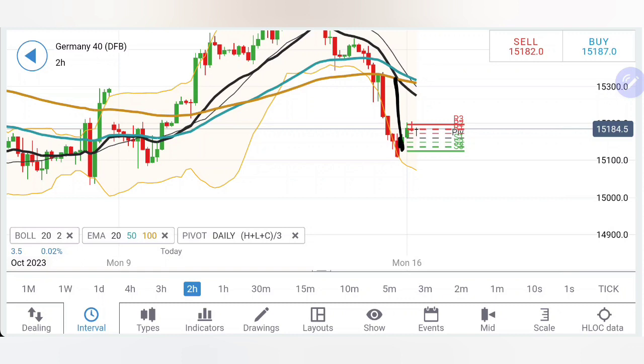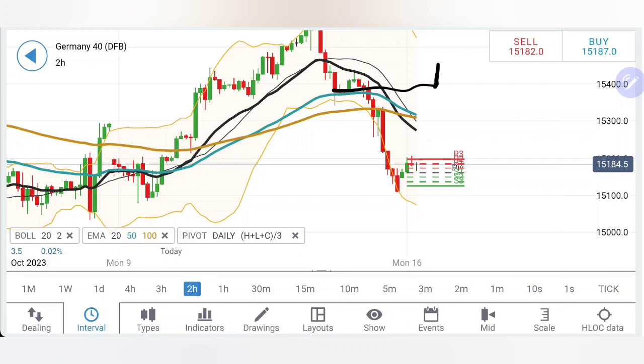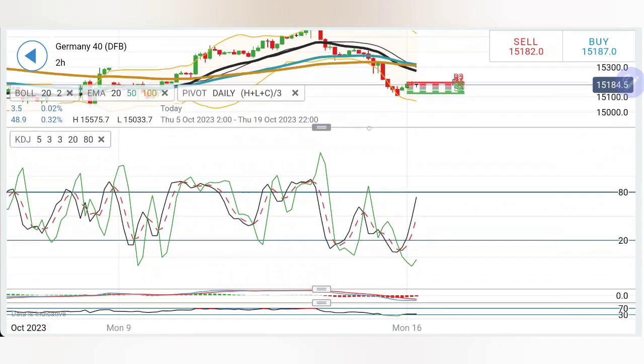Coming to the 2-hour, similar observation on the 2-hour charts. Too much of divergence from the 20 period calls for a little convergence. This is the zone 15,240, 260 and 15,300, which is going to give it a maximum resistance. And then 15,400 is the reversal confirmation. I do not see it breaking 15,400 though, but yes, a little rise can be expected.